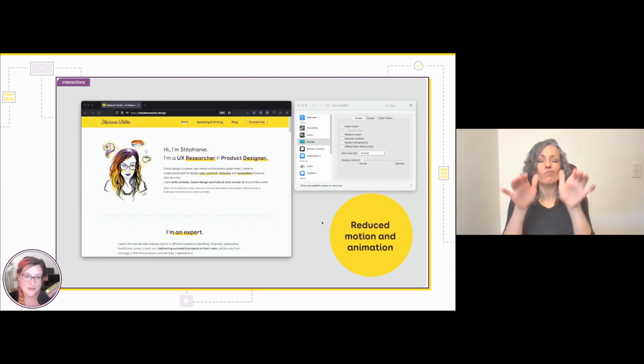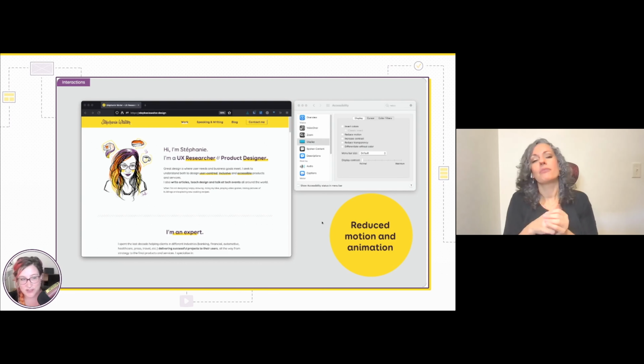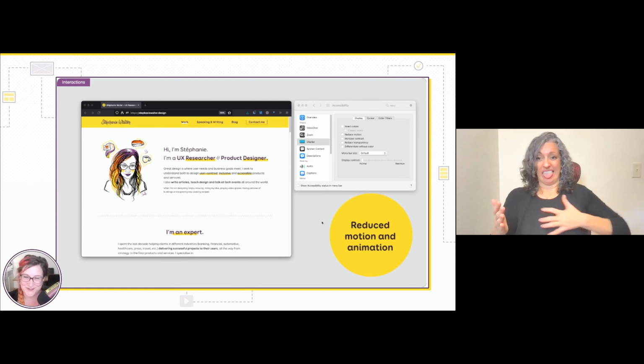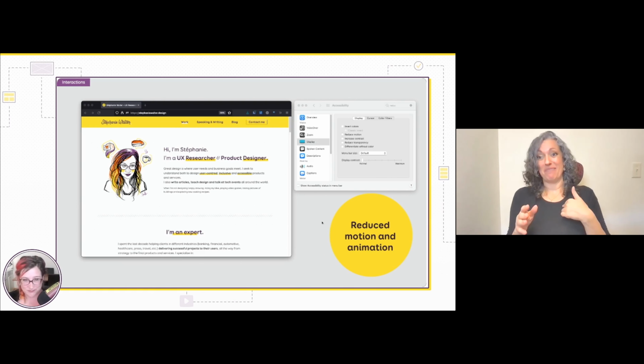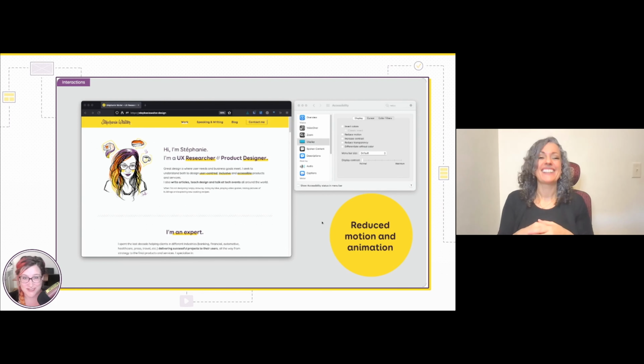One aspect of design that's quite tricky to document, I'll be honest, is animations and transitions. There are also some accessibility guidelines and best practices for those. Some animations and transitions might trigger motion sickness for some users with vestibular disorders. I'm one of those users. And to avoid that, you can use something in CSS called the prefers-reduced-motion media query to provide an alternative version for people who prefer less motion.